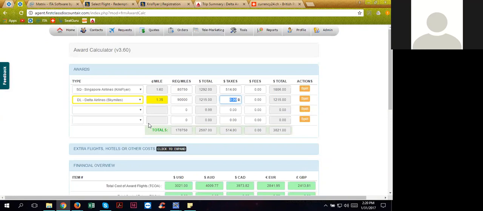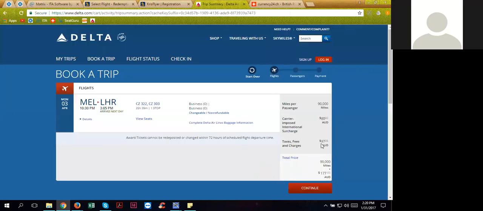Okay, and then now you go get the taxes from Delta. So go back to the Delta website and get the taxes, which are 177. You never get the taxes from up above. You only get things from down at the bottom. Otherwise, you get the wrong number, because they don't have everything added in yet. So if you get it from the bottom, it's 90,000 miles, and there's the taxes, 177.95 Australian. This 80 is wrong, and this 97 is wrong. What you need is the number from the bottom,